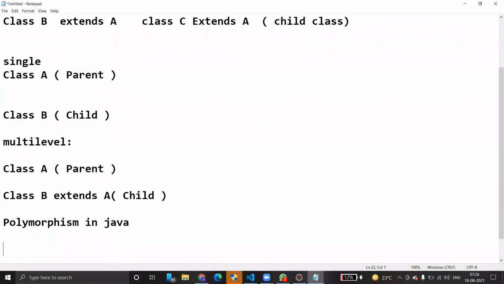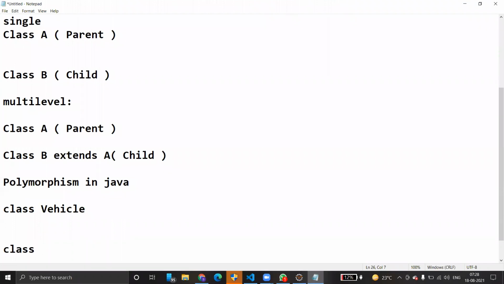So there is a class called vehicle, and there are 2 more classes, car and commercial trucks. Car is a passenger vehicle, and commercial trucks are used to move goods. Commercial trucks are different, but both belong to the class called vehicle.